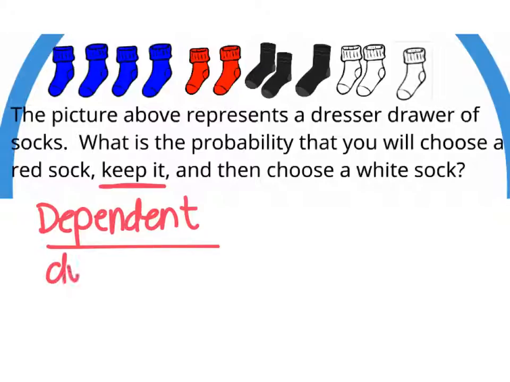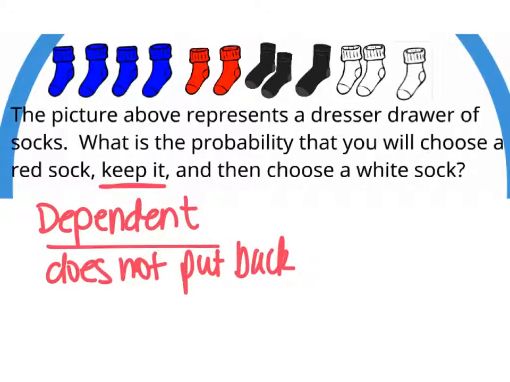Anything that is synonymous with "keep it," such as "does not put back" or "does not replace," those kinds of things. So anything that shows that whoever is taking it does not put it back, they keep it to themselves, then go to pick something else, that is a dependent phrase. And the reason why, and we're going to work through this problem to show you, is it changes the outcome of the